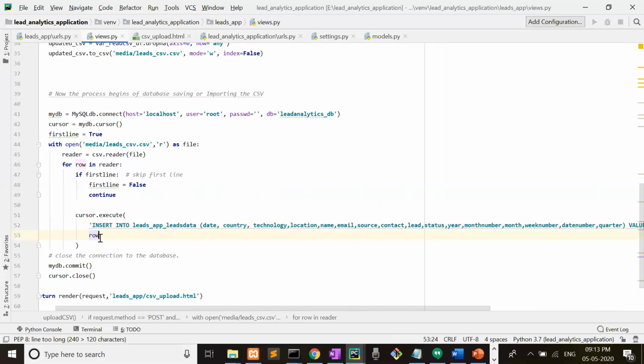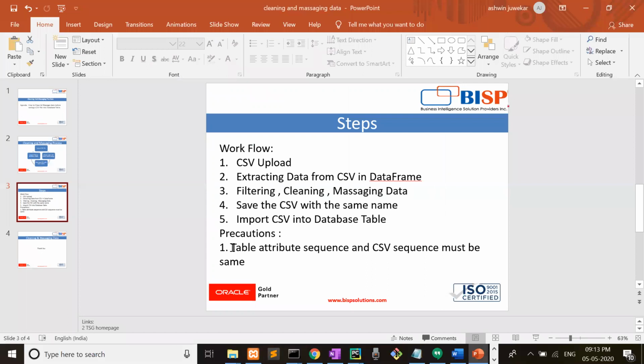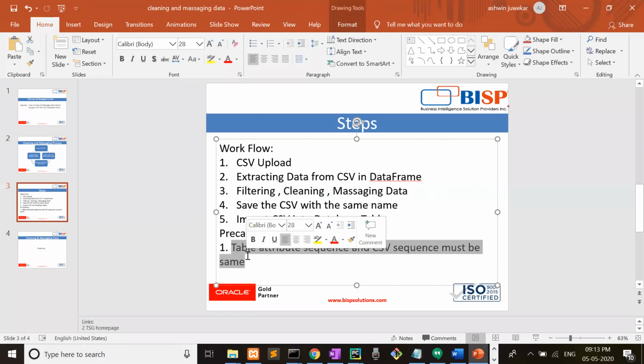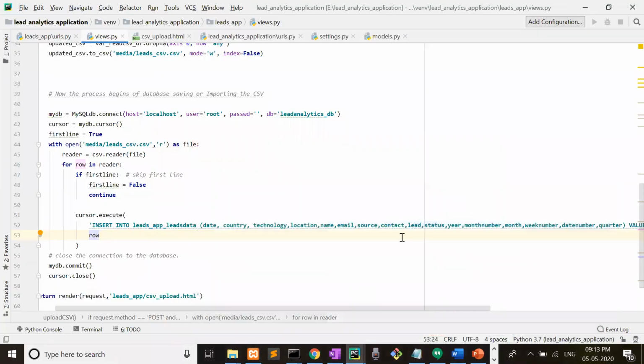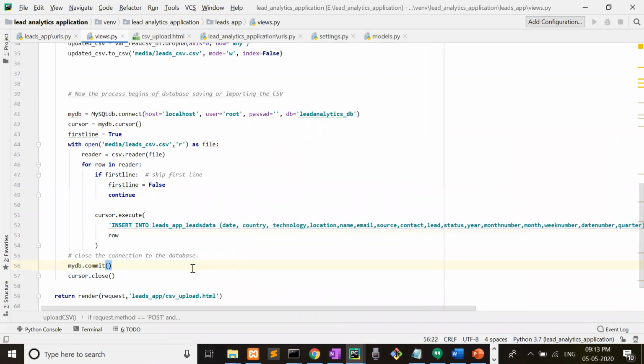Row means it will take a row from that CSV file and insert it in the same sequence. That is why in my PPT I have already mentioned that the table attribute sequence and the CSV sequence must be the same. That is why this has to be taken care of. After that, mydb.commit, cursor.close, closing the connection of the database.